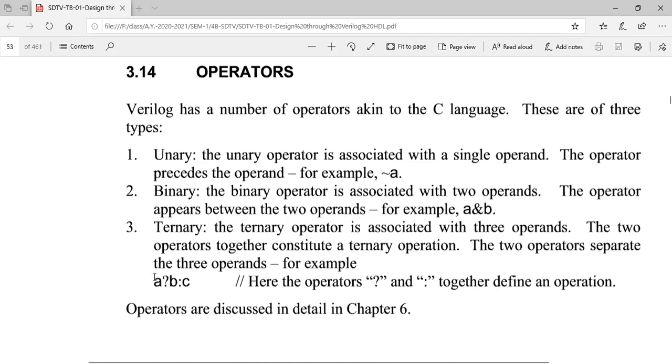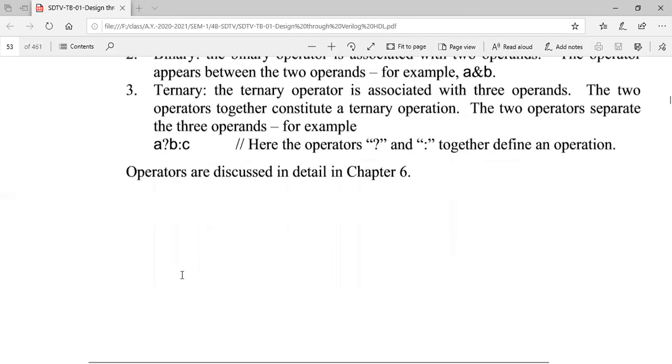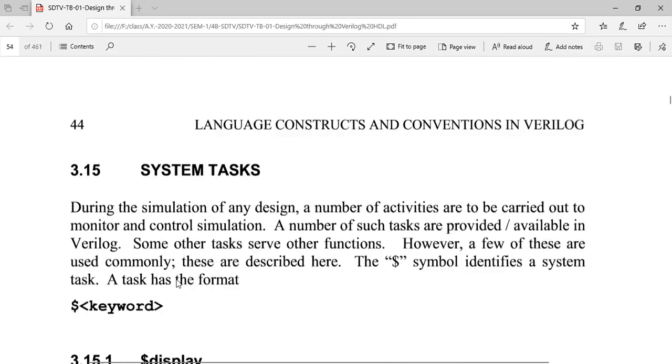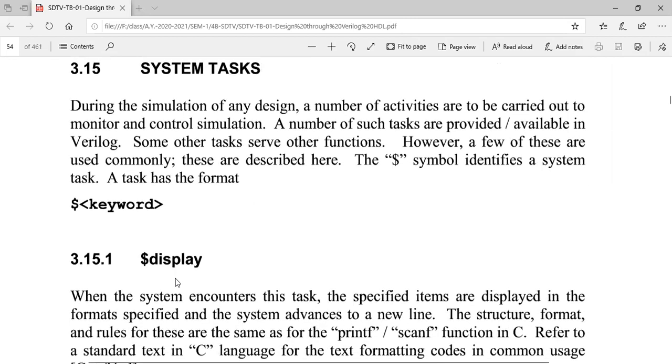Okay. You can understand, a unary operator will have only one operand. That means only one symbol we are using here. Here also we are using only one symbol, but we have two operands, and and is an operator. Here the question mark and colon are the operators. These things can be discussed later also. These things we do not have in our PPT, but you can see here what it is, which is very important. And we will conclude by the end of this topic. By that we will be concluding the total unit also. The first unit is going to complete.